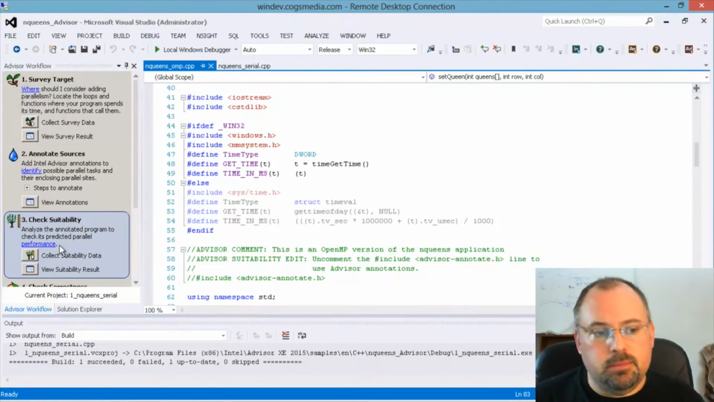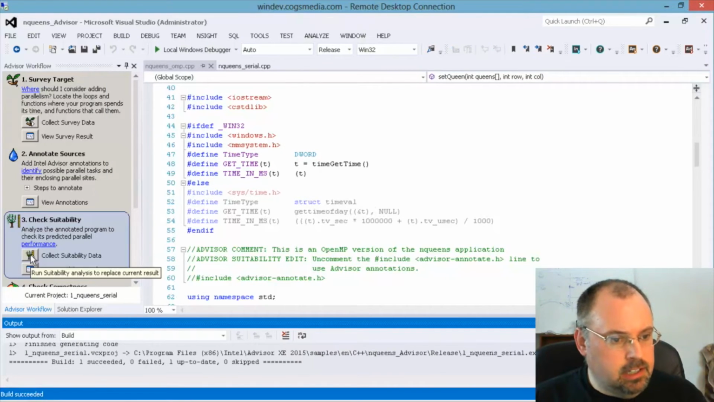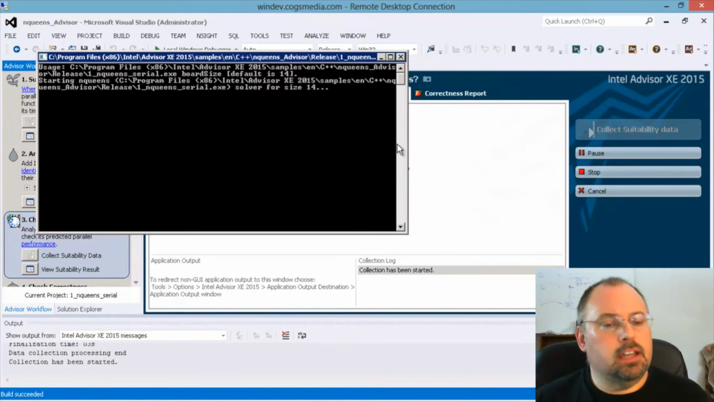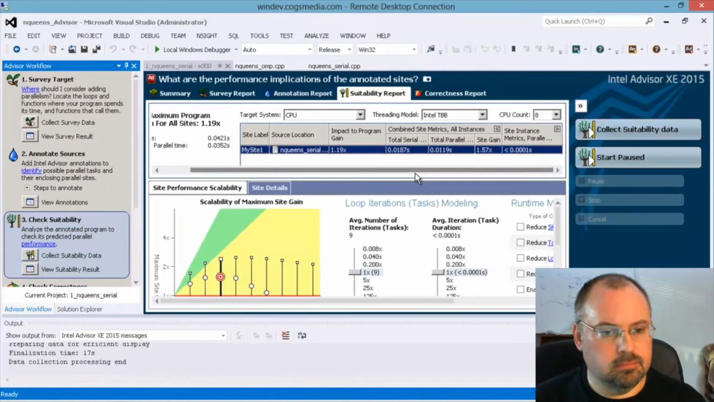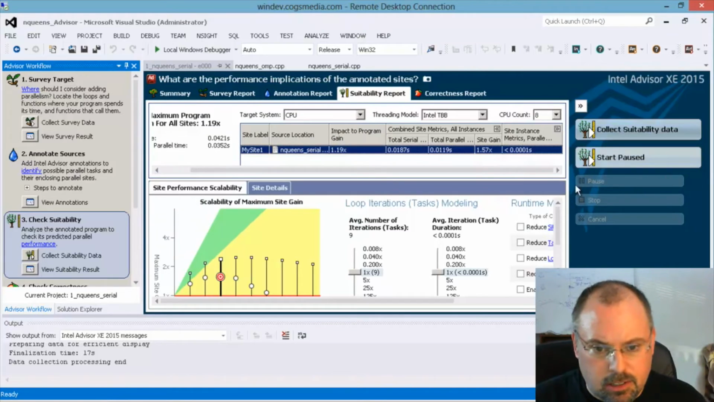Now to test suitability, we keep it in release mode and make sure we're built. And we do collect suitability data. Now it's running. And now we have our suitability report. I'm going to close this up and scroll down. Now what I want to point out here is,